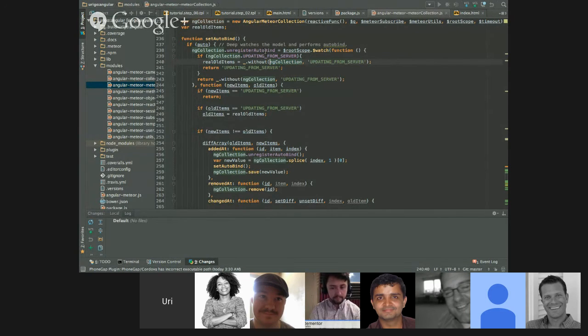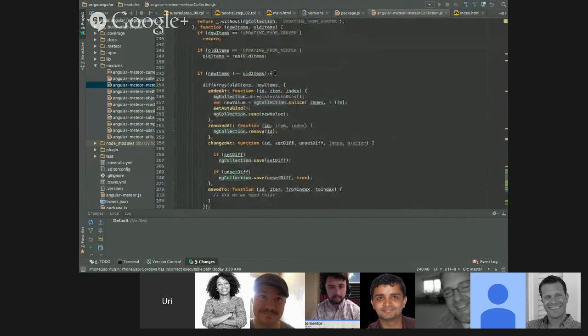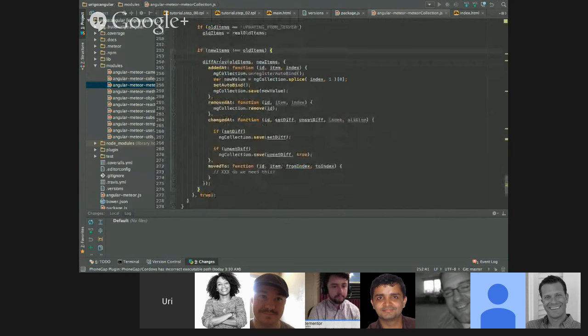So we do all kinds of tricks here to make it faster. I won't go into that. But when we understood that there was a change on the Angular side, we put it into this diffArray function, and it gives us basically the same API that Meteor gives us: changed, removed, and added, but in the other direction, from Angular.